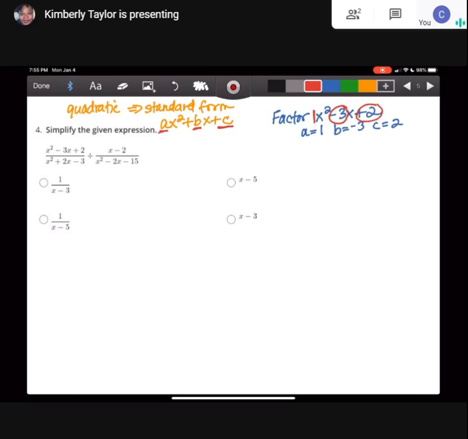Okay, so in order to find out how to factor this, you have to say the product of a times c. You have to say a times c, and then you need to say, well, a plus c. Sorry, not a plus c. You need to say, what is b? So a times c in this case is 1 times 2, and that equals 2. Now, if I add 1 plus 2, I need to get negative 3. So that's what I was supposed to do. I should have showed you better than that, but